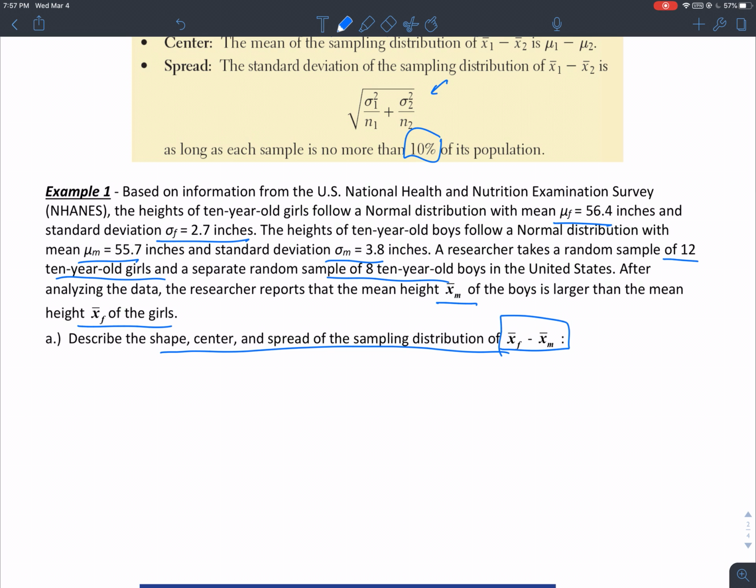Alright? And so, this is interesting. We have very, very small sample sizes, 12 and 8, but we're told that the population distributions are normal. So the first two sets of numbers we were given, and it says normal distribution here and normal distribution here. So since the population distributions are normal,